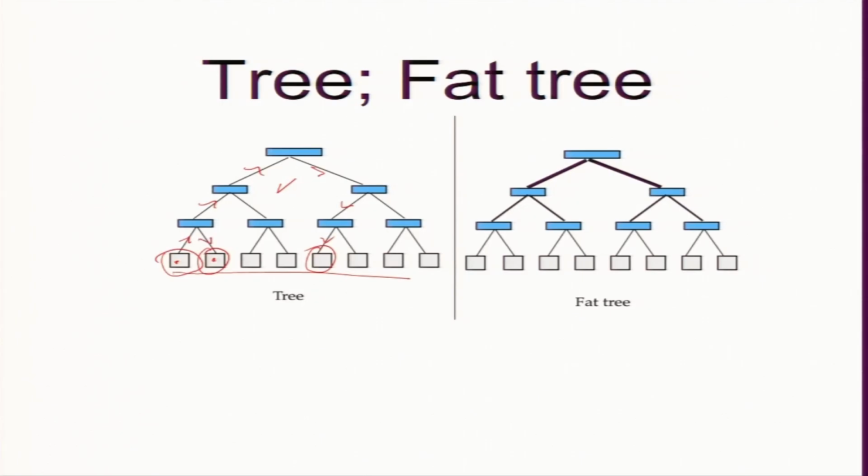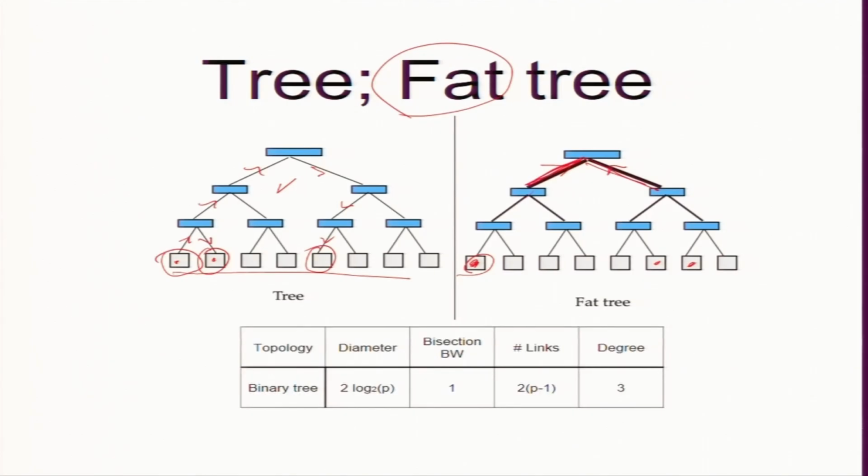And this is something called fat tree, which is a tree, but the bandwidth of the wire is more when you go up, because these channels will have more data transmission. Right. I want to talk from this to this, I have data go like that, from here to here again data flows like that. So, we want to have more bandwidth when you go up. So, this is why it is called fat tree. Okay.